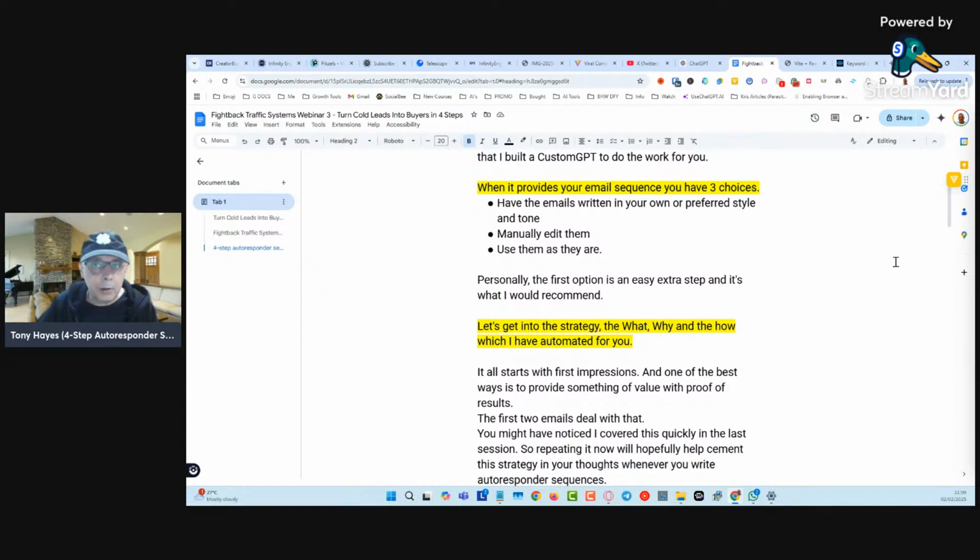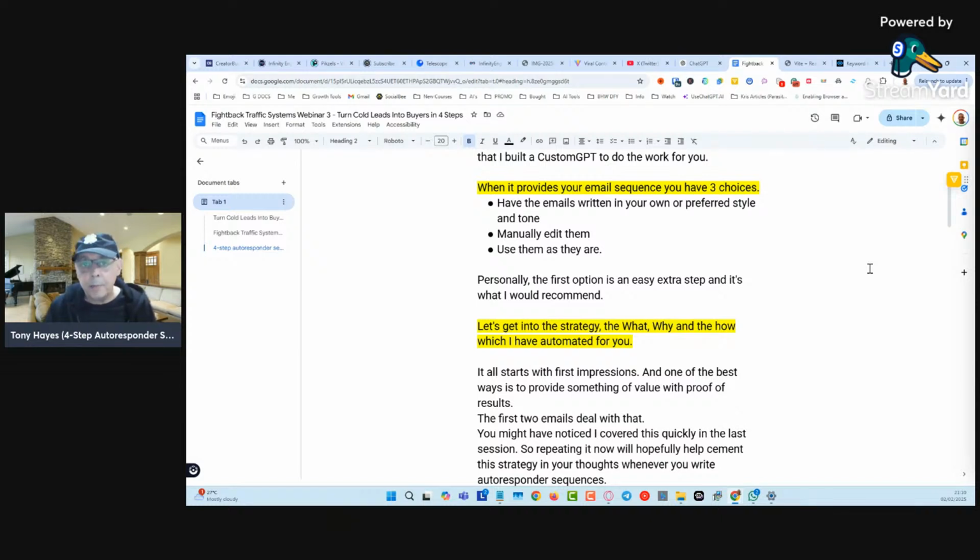So when you get this email sequence, especially if you're using AI: at that time when I created this system, we were not using AI. Everything was manual. In fact, I used to have templates to be able to do this. Having a custom GPT is much better than having a template where you've got to fill in the blanks. But you've got to bear in mind that although AI can be very, very good at copywriting, you've got 3 choices. And this is really important because it's the first impression that you are making on people.